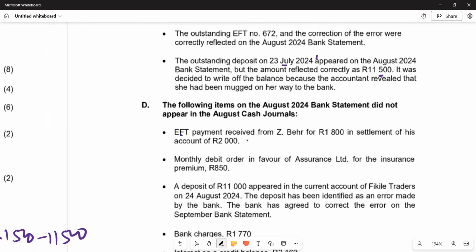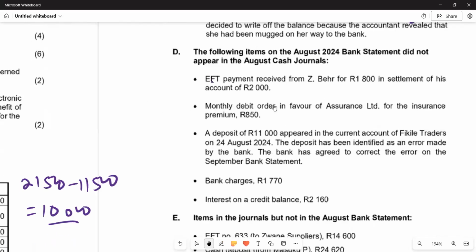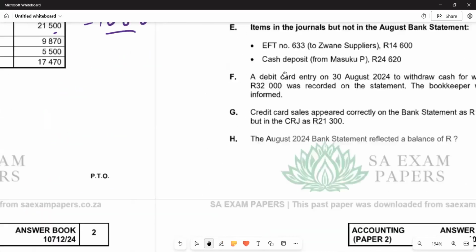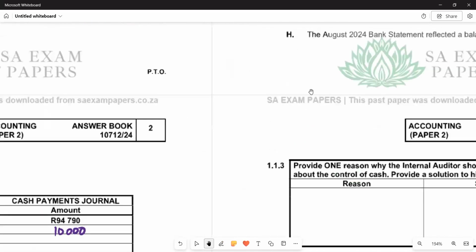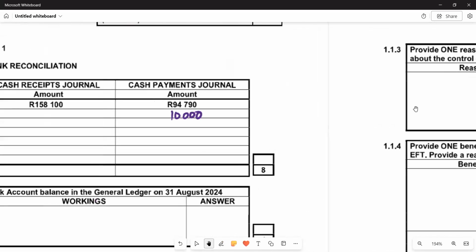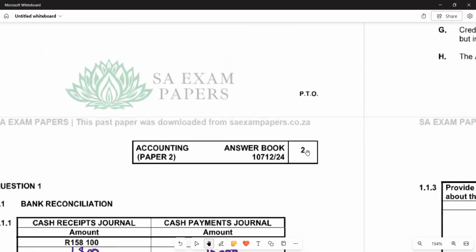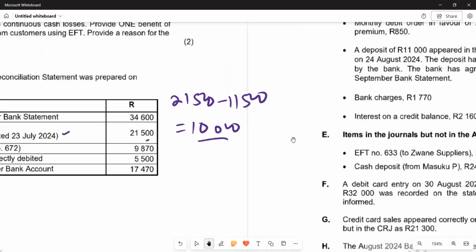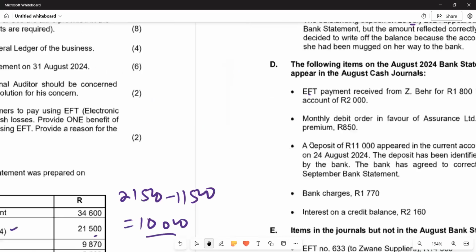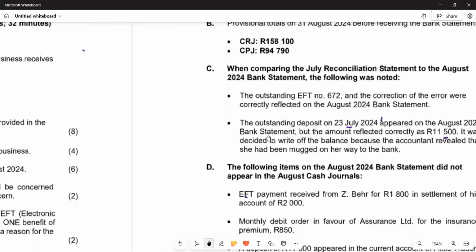So obviously this is a receipt, so we are going to put it under the cash receipts journal. So 1,800 under the cash receipts journal. We go down there. So we are saying 1,800 here. And then we go up there. We go again to the next one, which is